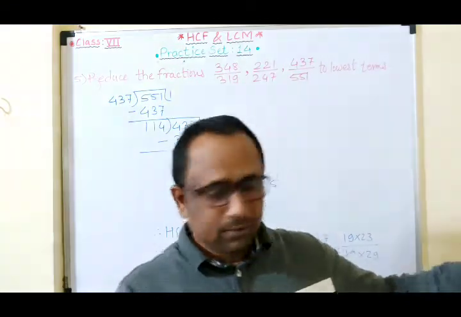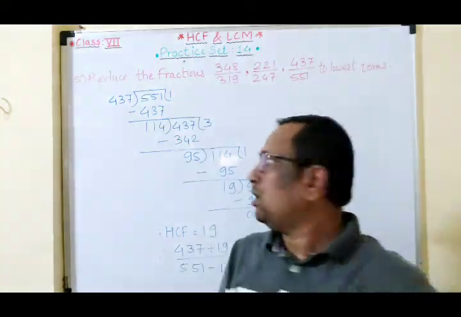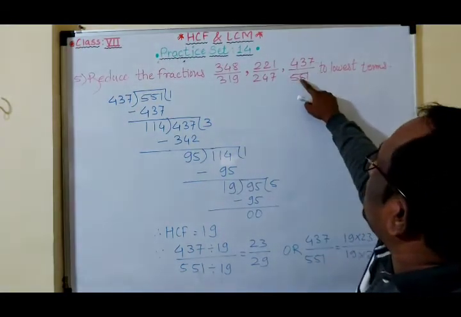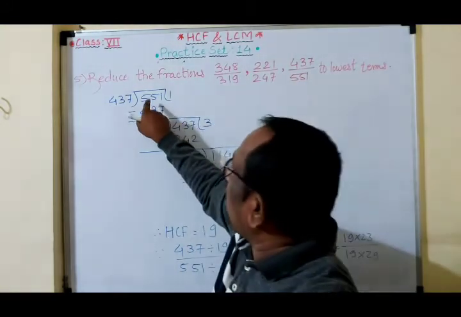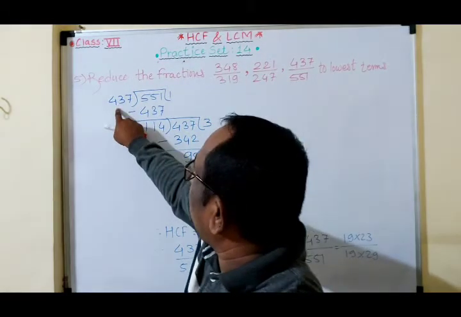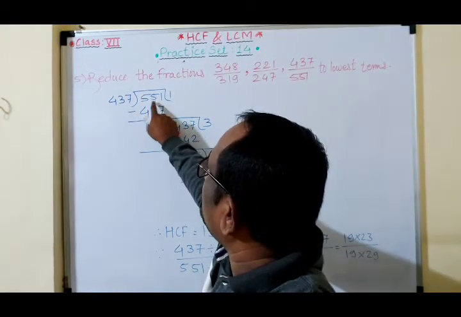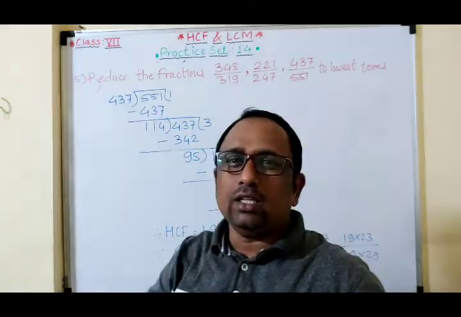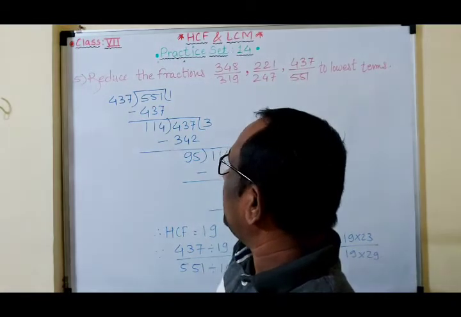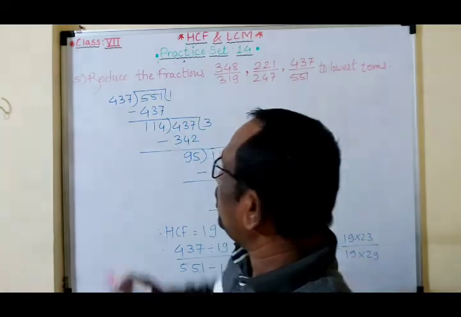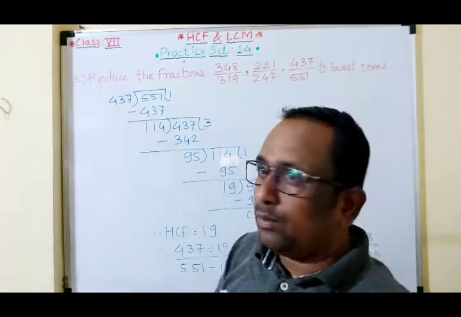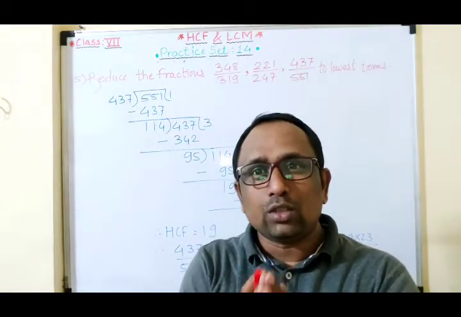Look here, students. I always choose first this 437 upon 551. We have to divide the bigger number by the smaller number. So now 437, 551. If we double, then 400, then it goes to the 800 place. So ones are 437. If we subtract, then we get 114. Now here, students, last time some students asked me, sir, they again have a problem here. I gave the rules, I gave the notes, and in the notes also I mentioned it.